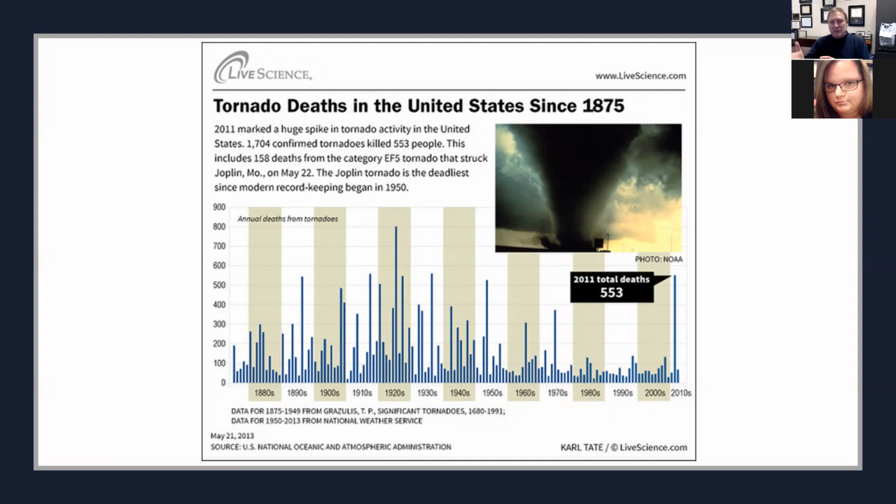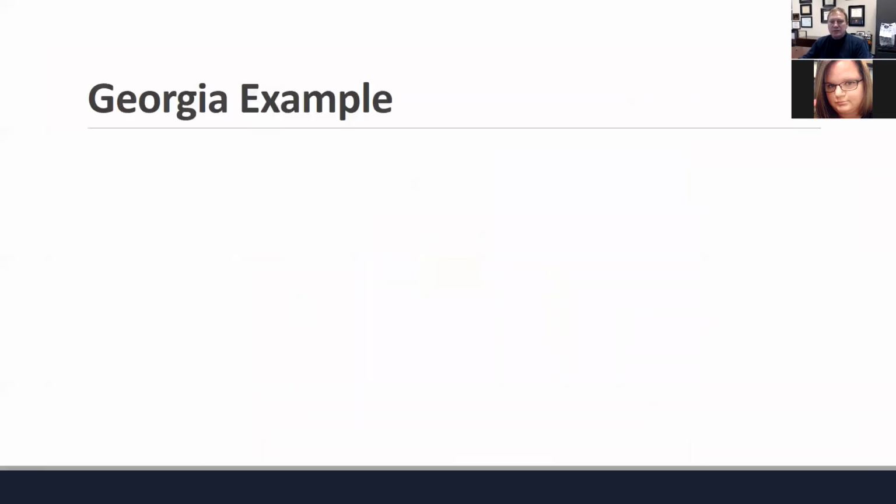And it also points to the fact that the 2011 outbreak of tornadoes over 2 months was really substantial in the fact that despite all of the advances we've made in improved construction, improved safety of construction, there was still some substantial damage and catastrophic loss of life in a number of states. The Joplin tornado, Joplin, Missouri, that impacted a hospital was one of those.